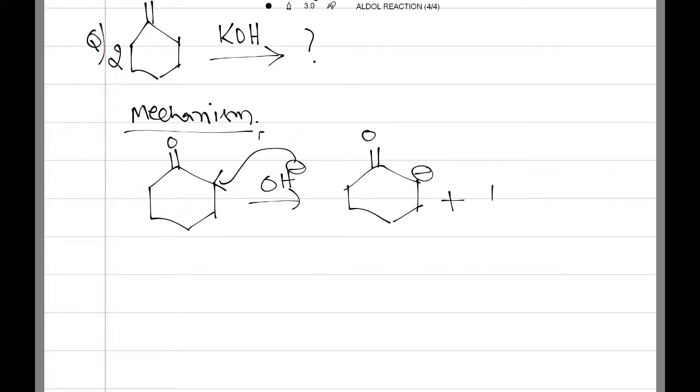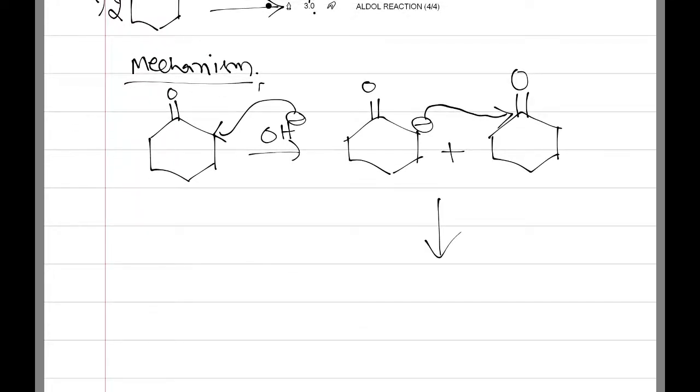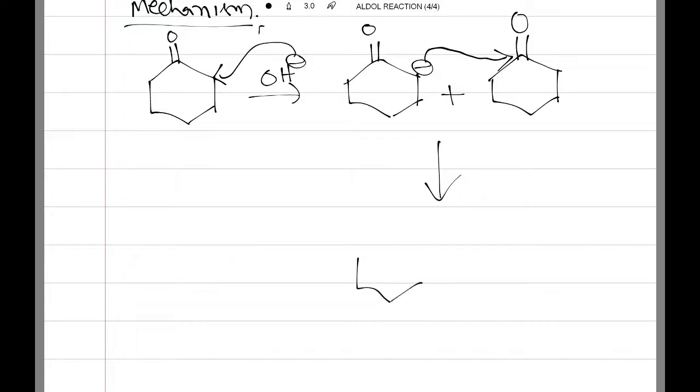So this reacts with another mole of carbonyl function, which is nothing but cyclohexanone. This is attached to this carbon. What do we get after attacking that? We can get this product. This is the cyclohexanone I am writing. This is the O minus; after attacking, electrons shift to the oxygen. This is O minus, and this is the other cyclohexanone, so here I am writing double bond O.